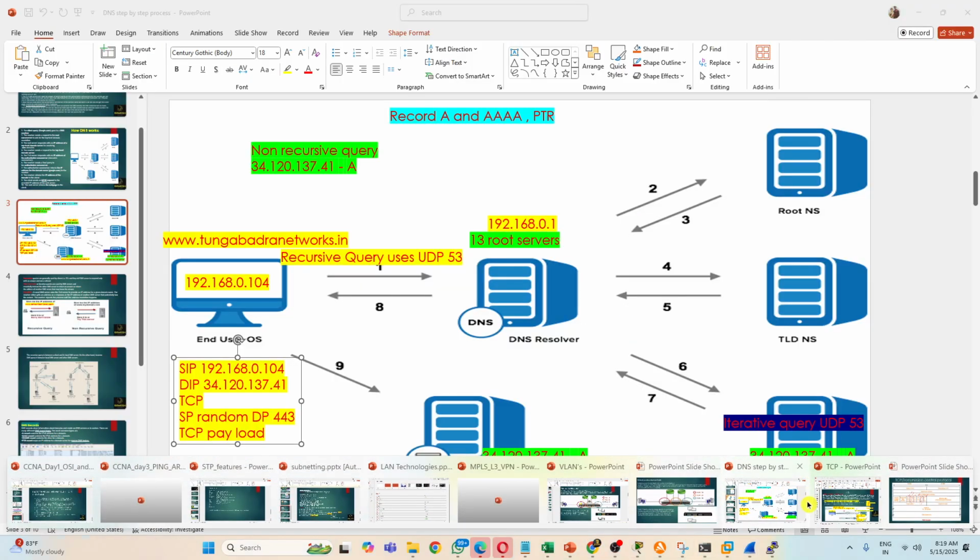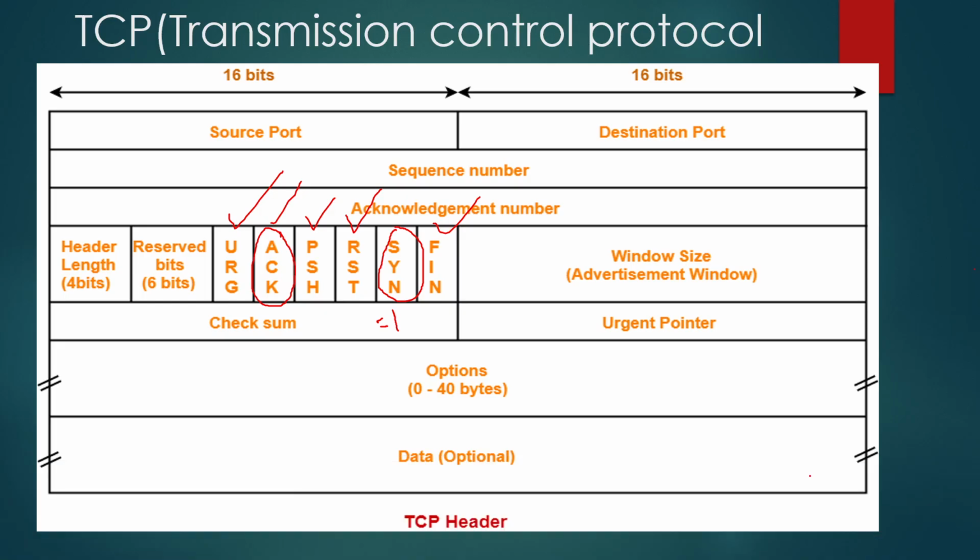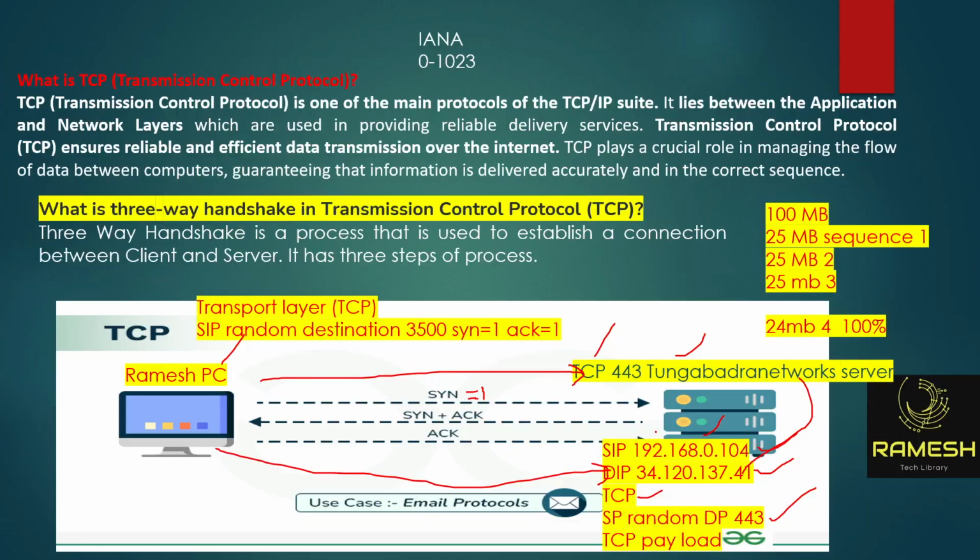So let me explain here in a proper way. Suppose I'm sending a TCP 443 packet to the destination. In case this server does not have 443 enabled, what will happen? The server will send a TCP reset flag. Hey, I don't have any such service, 443 HTTPS service, to accept your incoming packets. So please reset your connection. Who will send that? The server will send it. The receiver will send it.